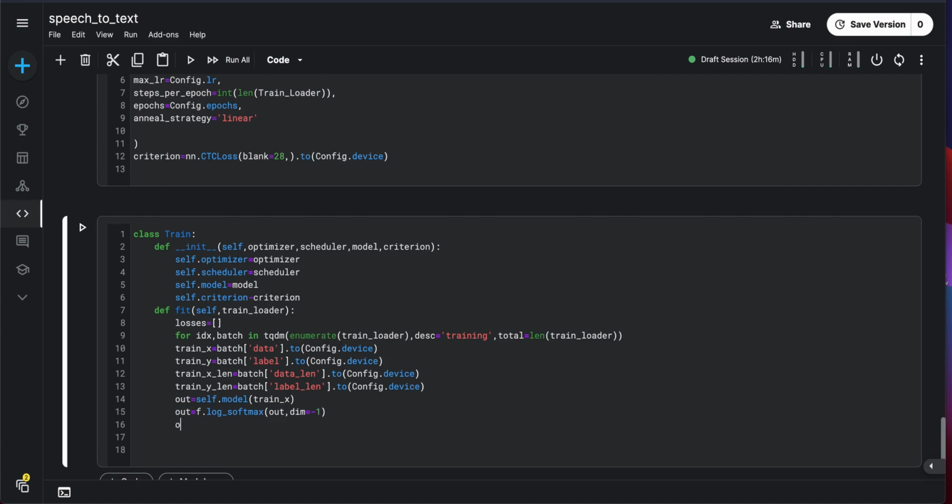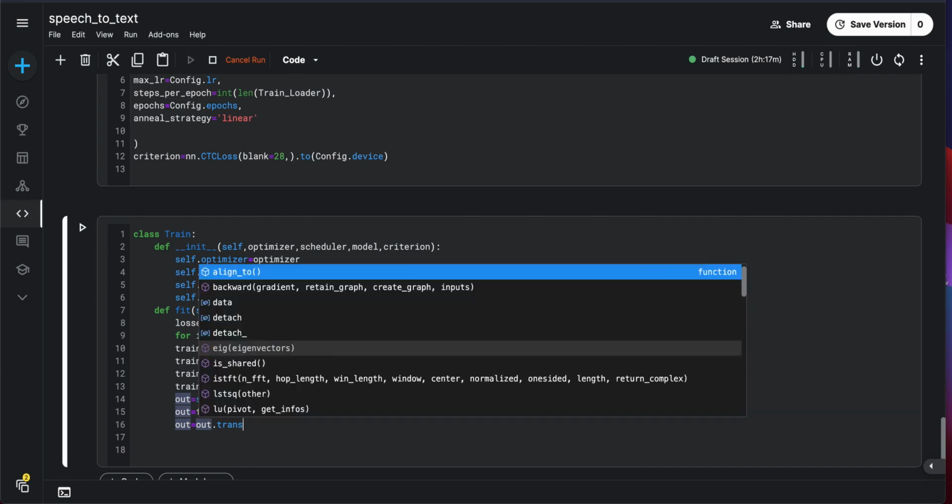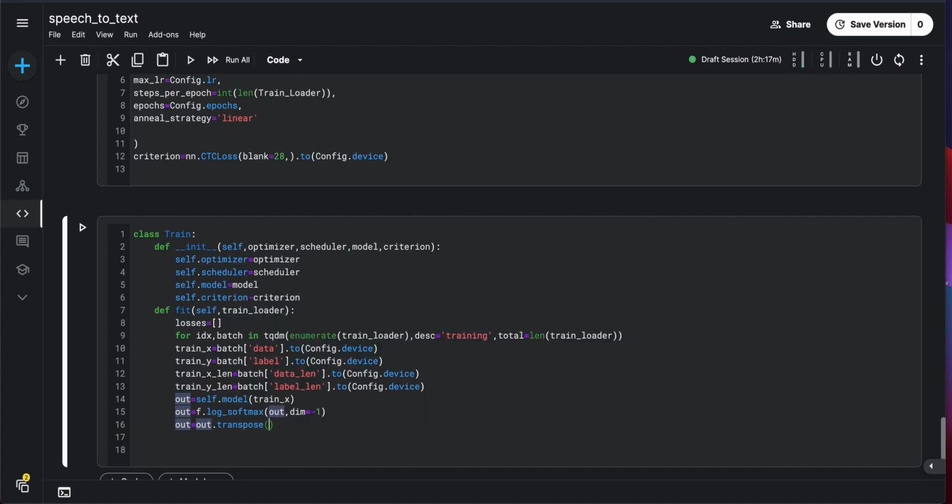And for output to be given into the loss function, we need to transpose it, so it expects it in a certain way. So it expects the time dimension to come first in the 0th dimension, the batch in the 2nd dimension, and the features in the 3rd dimension. So we need to transpose it accordingly. So out dot transpose 0, 1,